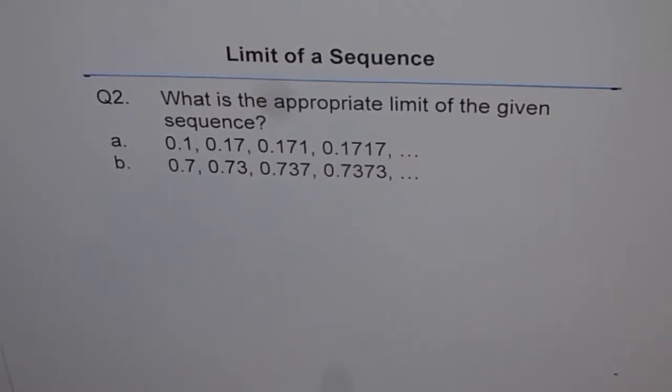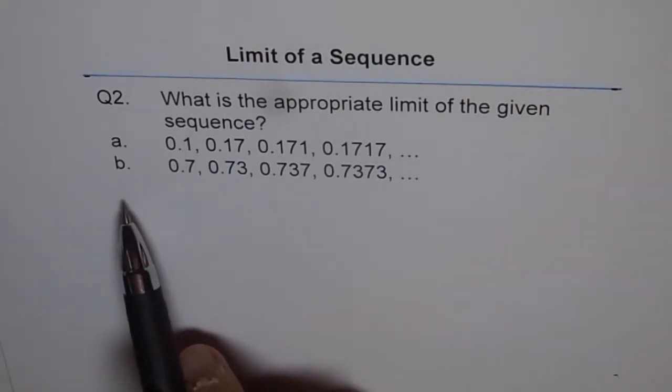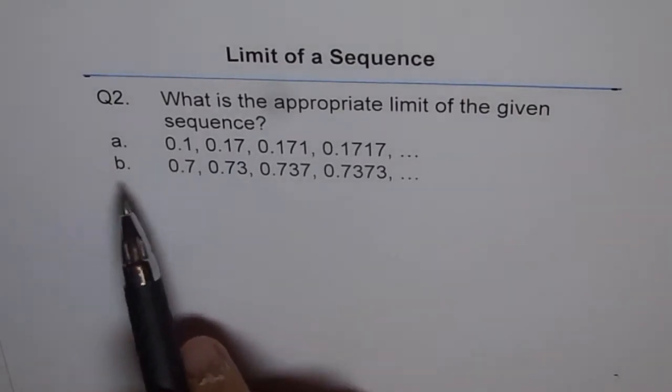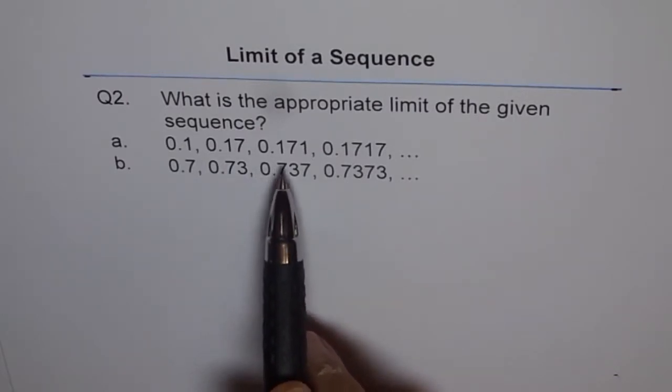Limit of a sequence. Question 2. What is the appropriate limit of the given sequence? So we have two sequences given here, part A and B. They are similar. Part A is 0.1, 0.17, 0.171,